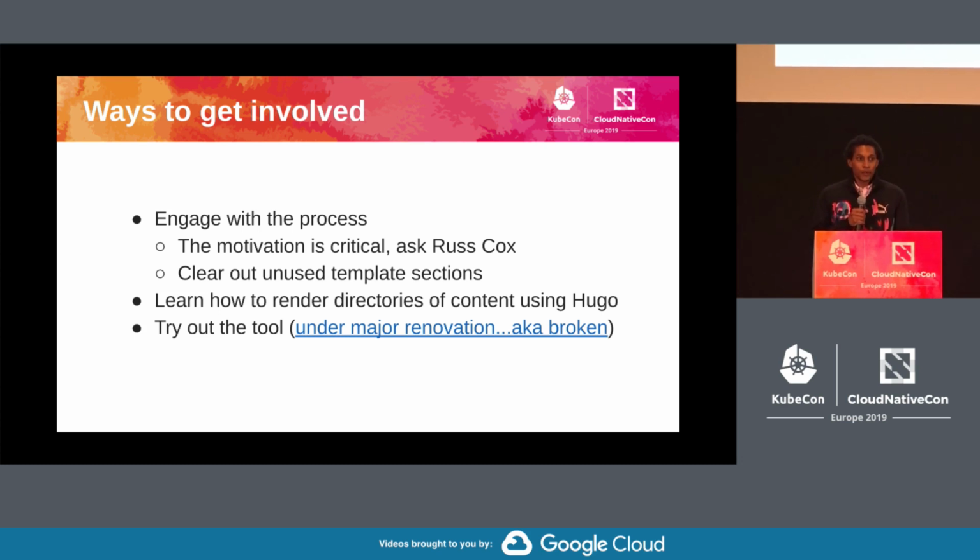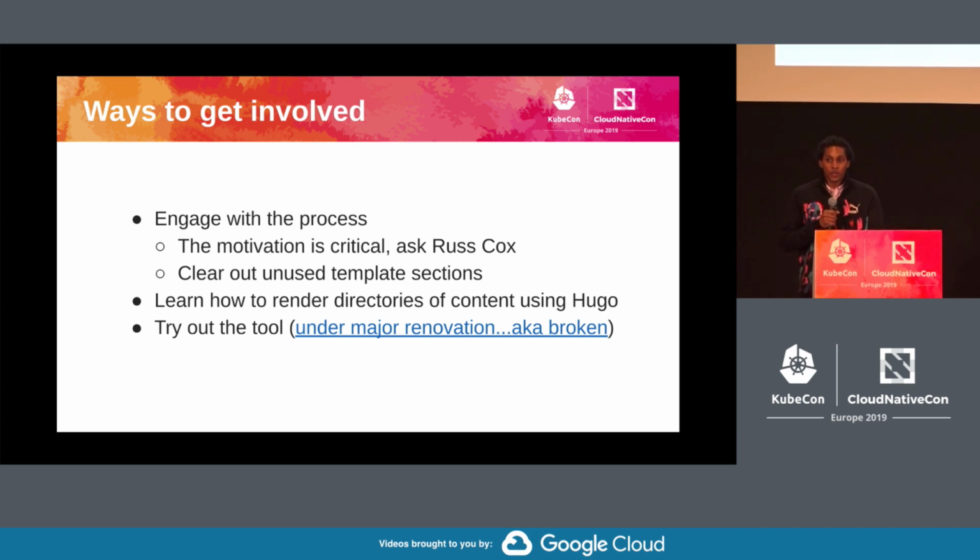If you are a KEP author, one thing that's really helpful is if you can clear out the template sections that you're not using. So particularly the release checklist, if you're not releasing your KEP immediately, so for a vast release cycle, you should probably just remove it, because it makes it difficult for people who are following along to know what is active or not, because you have to already know what the template looks like to remove it in your mind. And that's just more friction for people. So keeping your KEPs lint free in that way would help a lot.